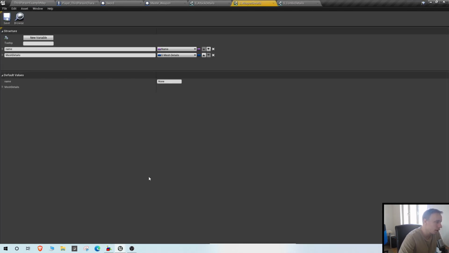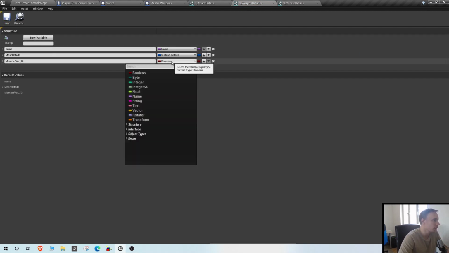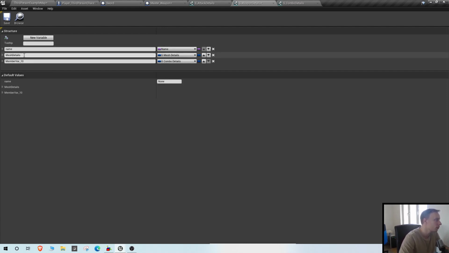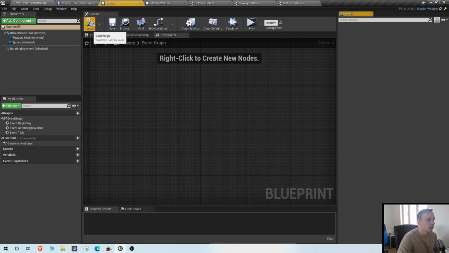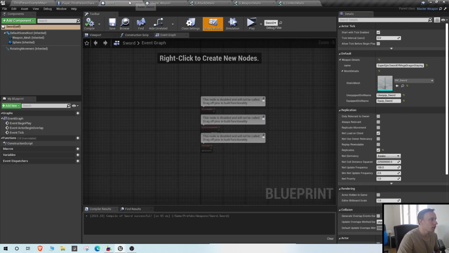And we already had our weapon details, so we also want to add the S_ComboDetails here as well. I'm just gonna call it attack combo details here, because otherwise I'll get confused later. Perfect. So now inside of the